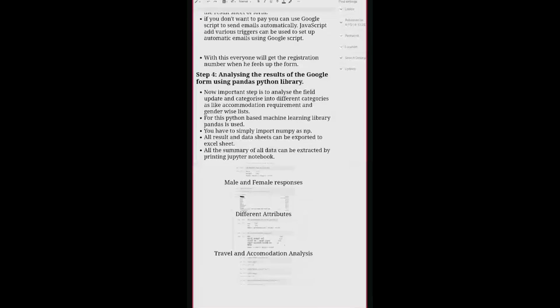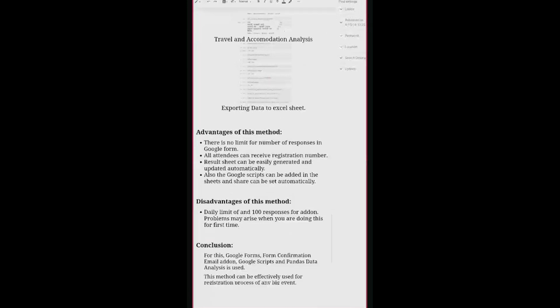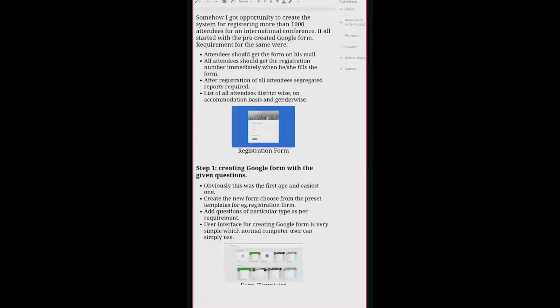And also, an important thing is that advantages and disadvantages are listed there. There is some conclusion. That was my way of doing things. And I just shared it through a blog article, so that if one wants to design a system, or if I want to refer to how I did it, I can always go back to this.